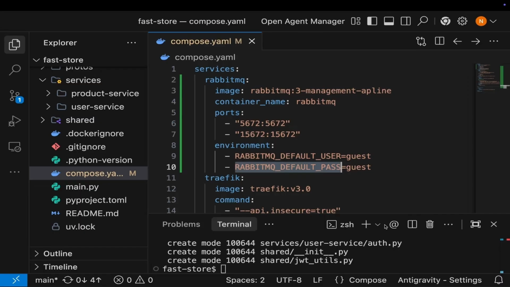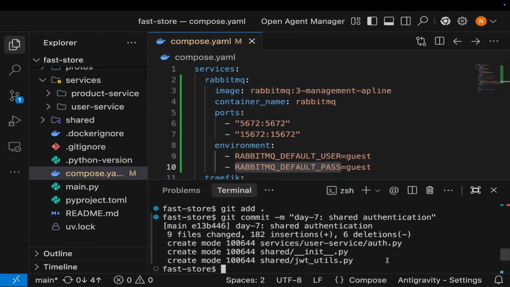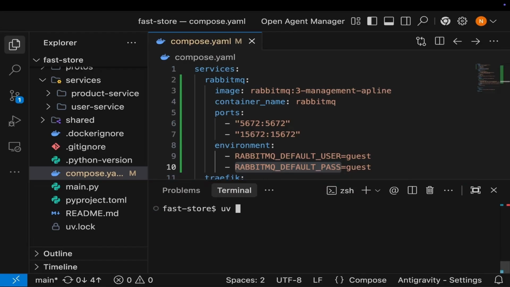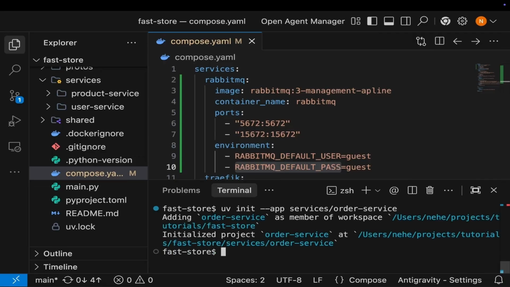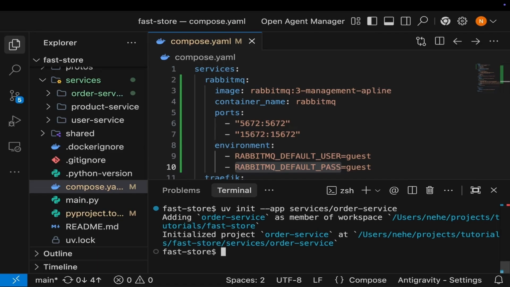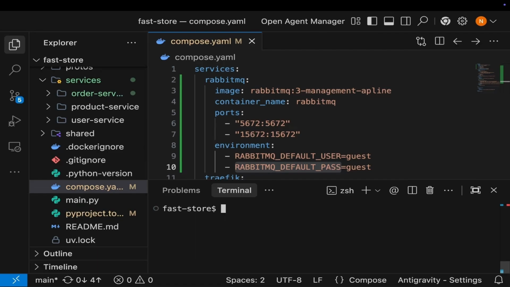Now open your terminal at the root of the project and run the following commands. So I'll clear my terminal and I'll say uv init --app services/order-service and hit enter. Then we're going to add dependencies. I'll clear the terminal one more time and say uv add fastapi aio-pika --package